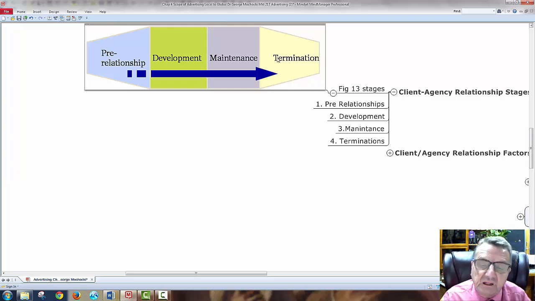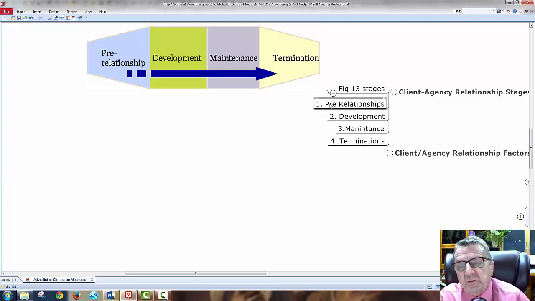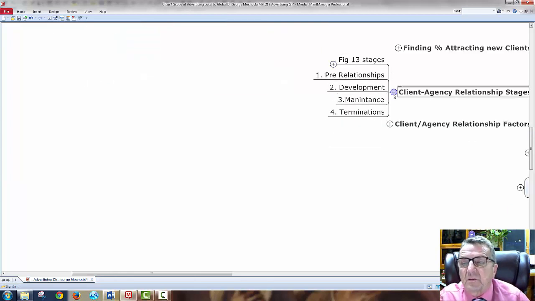And same thing with the client. You're a good agency, but I want to go here, I want something creative. You see a lot of large companies, they get so far and they get the same jingle, but they want some new blood. They want a new ad. So they're going to go into this stage. And that's basically the three stages we'll talk about.